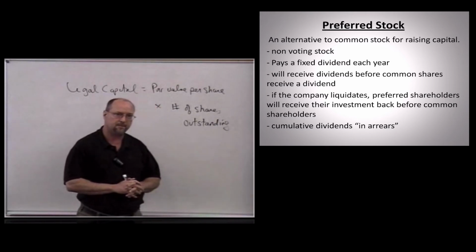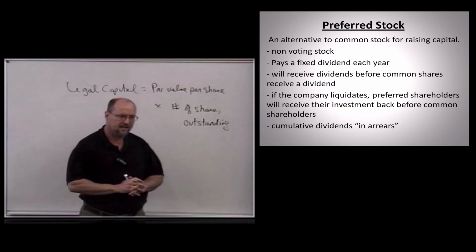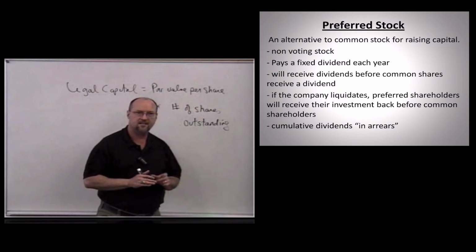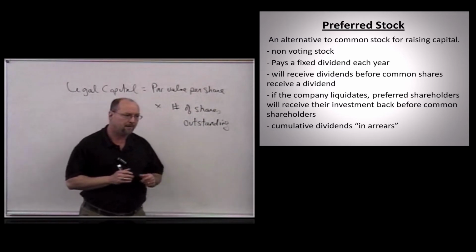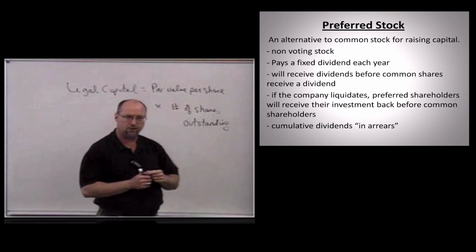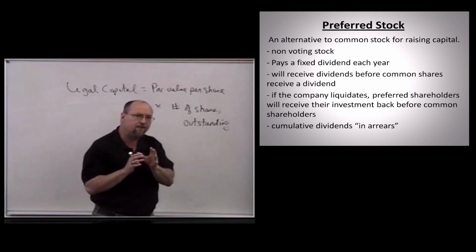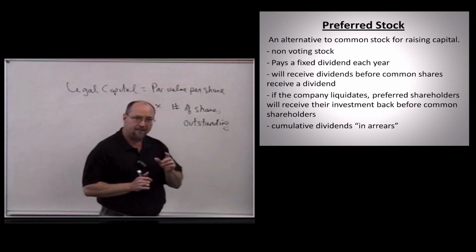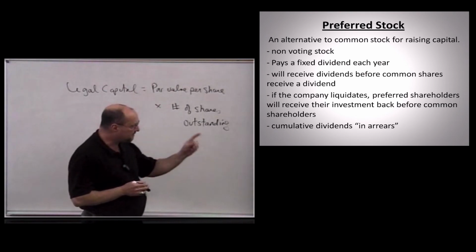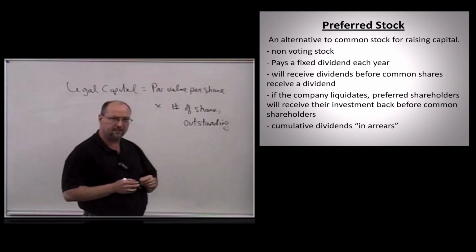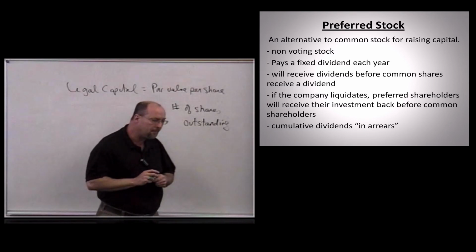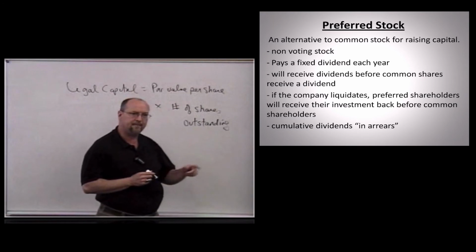That's a nice feature, because what that tells the investor is in any given year, if for whatever reason the company is unable to pay them that annual dividend, they're going to make it up to them in the future. They're going to say, look, we have like an informal IOU, and those dividends that we should have paid you this year but we couldn't, we call those dividends in arrears. Who knows where that term came from? But what that means is we're going to keep track of those dividends.